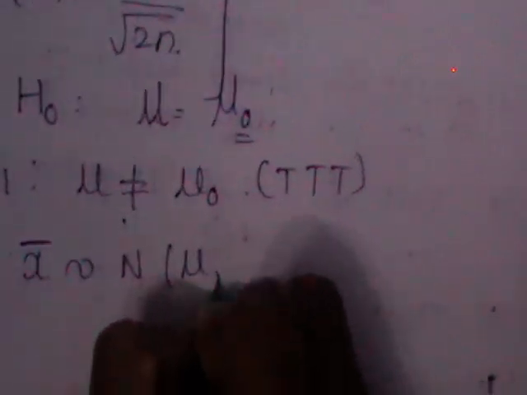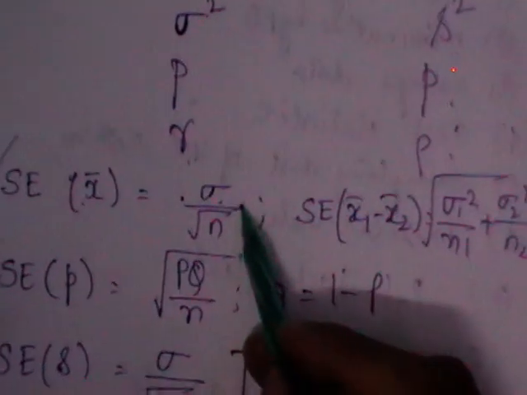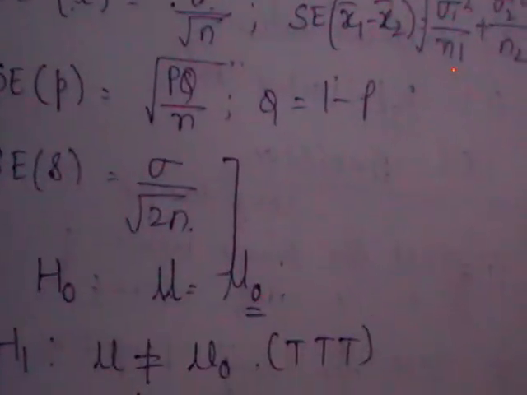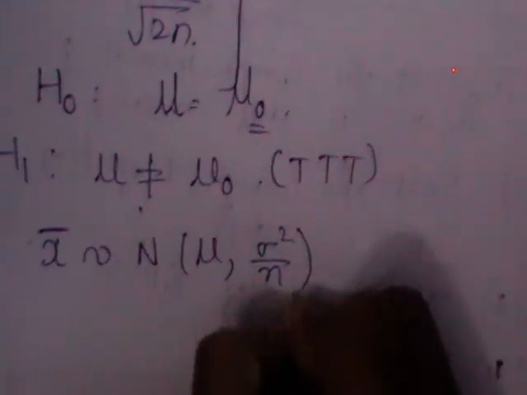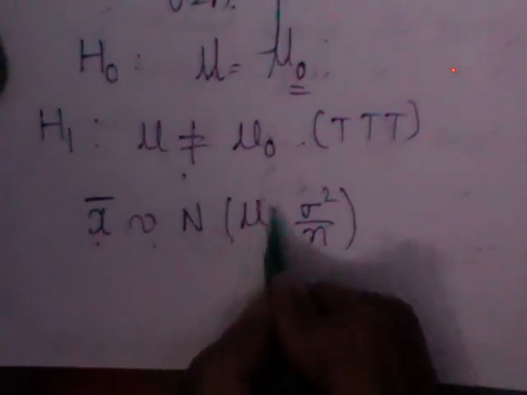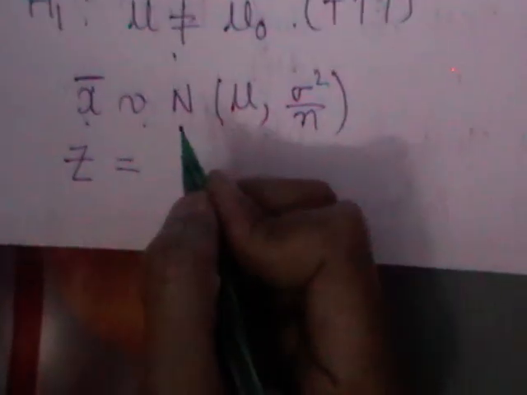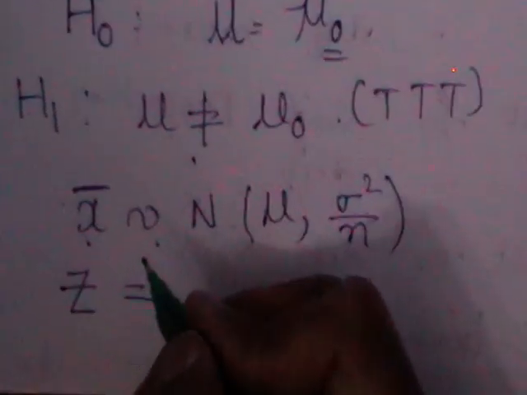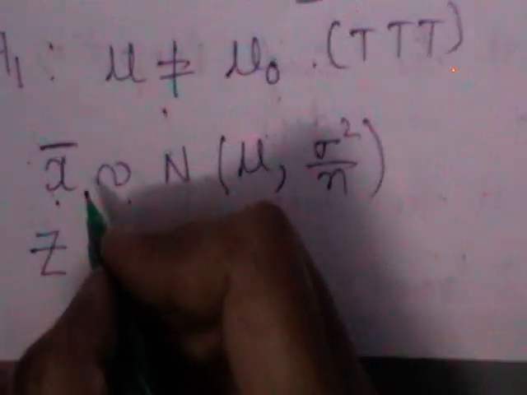So you should write x follows normal with mean mu and variance sigma square by n. You should write the sampling distribution of x bar, which is nothing but x bar follows normal mu comma sigma square by n, using the central limit theorem. All these are large sample tests. Under a large sample test, using the central limit theorem, we always write the test statistic as z, which is equal to